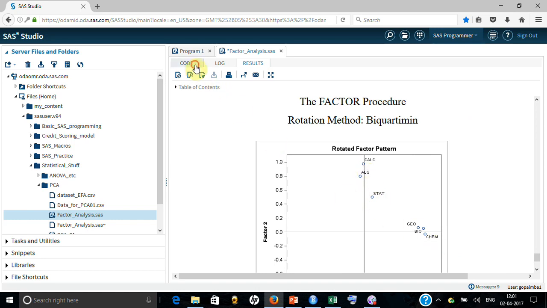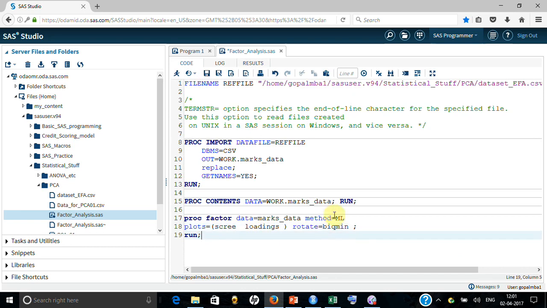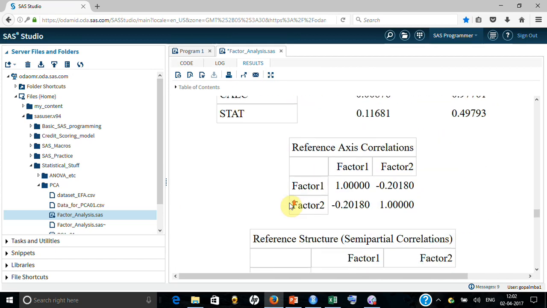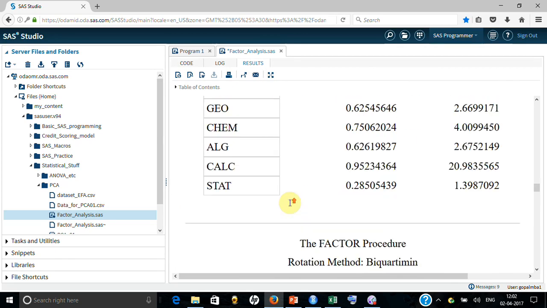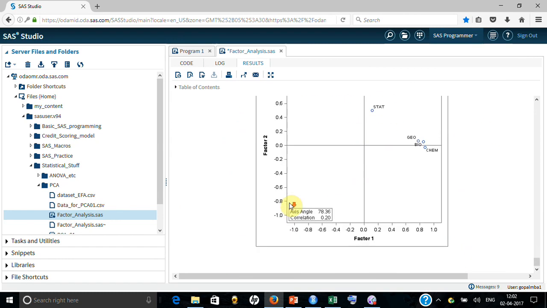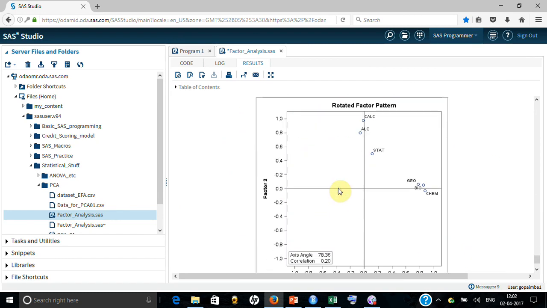I will suggest that, if at all you start going too much into detail of this, this will become quite lengthy. But for the purpose of explaining how to do factor analysis using SAS and how to interpret the output, this is pretty sufficient. You need to look at eigenvalue loading, decide how many factors you want, and you need to look at this graph. These two are able to give you how factors are loaded.